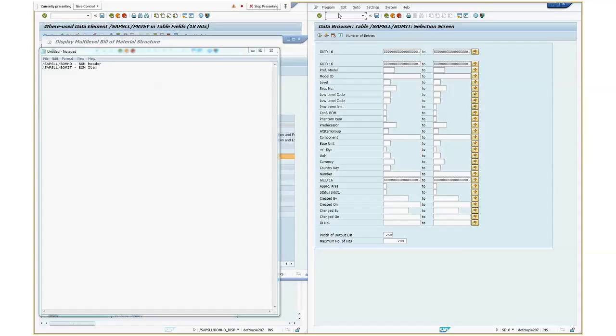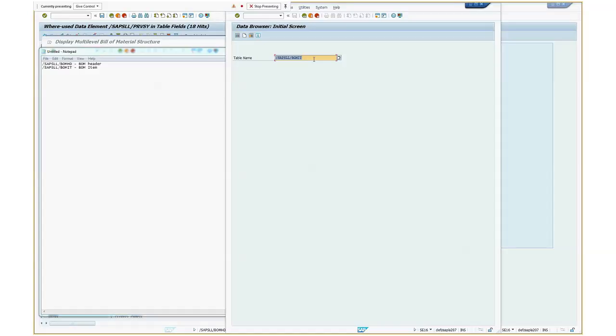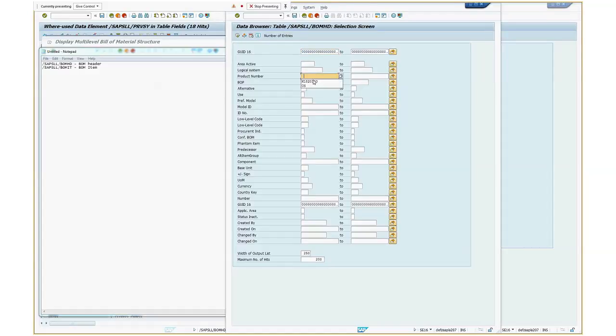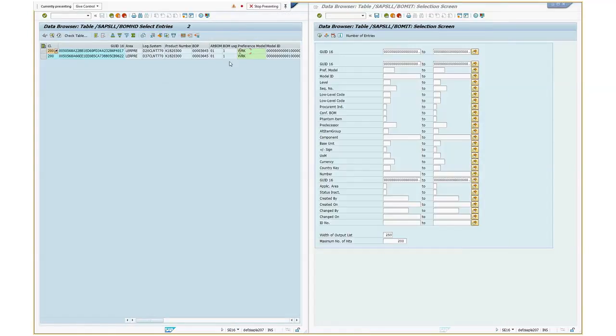Okay, so let's open the BOM header. So what you need to find is essentially the links between the tables in order to make a SQVI. Right. So like this, I'm pretty sure this is the problem, is that these GUIDs are, if I'm